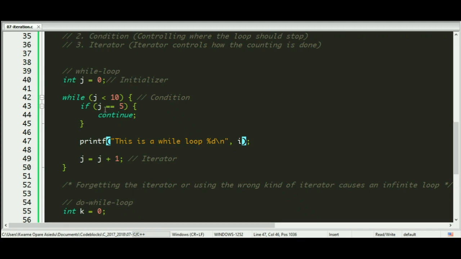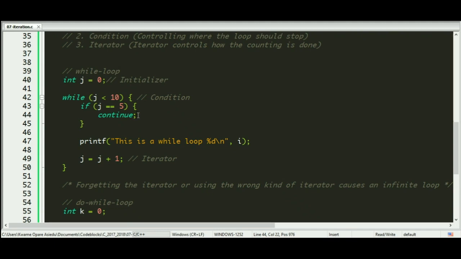But we are telling it that when you get to j equals 5, continue. So anytime you use a continue statement, everything that is below this continue statement up to the end of the loop is going to be skipped, and then the loop will iterate on to the next value and continue. I hope that kind of makes sense. So if you get to 5, continue. That's all we are doing. So now if you look at this,